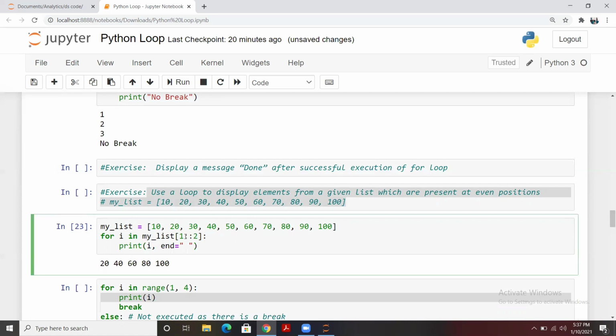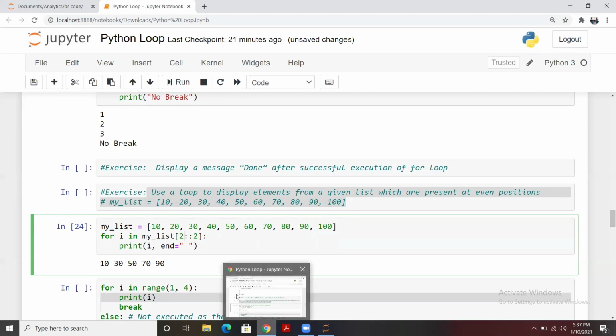I believe you are clear with those double colons as well. The double colon we use for the interval, you can say the step of positions that we want to extract. So the starting position is 0, 1 basically. And why have I started from 1? I could have started from 0 as well, which is okay. You can start from 0 as well. Like this. So it will start from 10 and take every second from 10. Here it is. It will take 30 and then 50 and then 70 and then 90. That's it. In case I want to start from the second position,